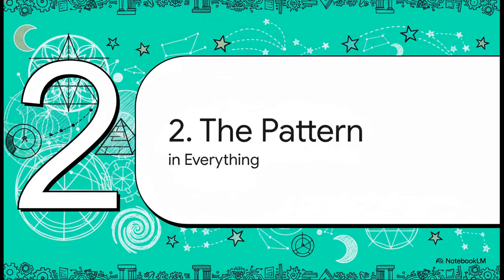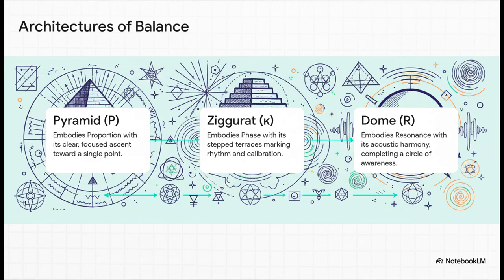So we have the code, right? We have the math of Atlas T and this geometry of the mind. Now let's look at where the theory says this pattern is hiding. Right there in plain sight, across history, in nature, and yeah, even inside our own skulls. The theory makes a bold claim that ancient cultures didn't just understand these variables, they literally built them into stone. It connects them to 3 master architectural forms. You have the pyramid, with its sharp, focused ascent.